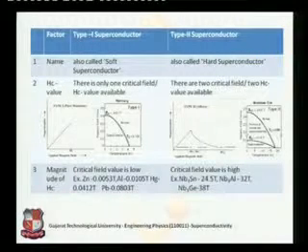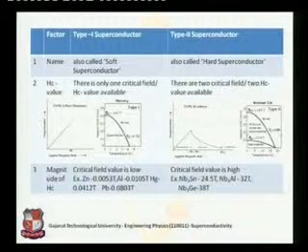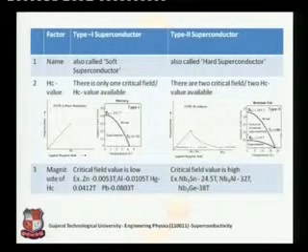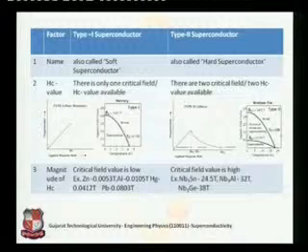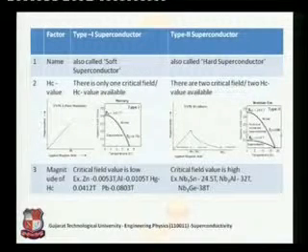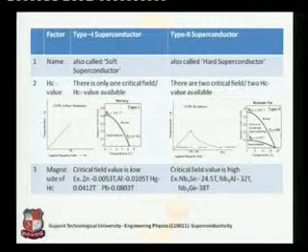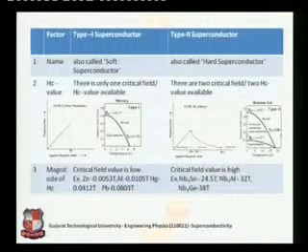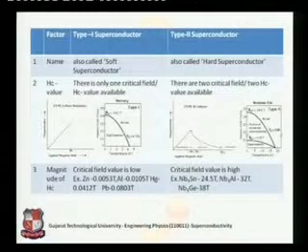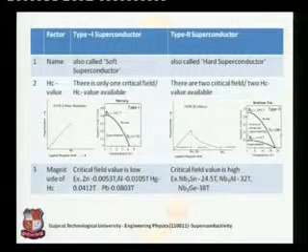So the two lines actually represent Hc1 and Hc2. At a particular temperature we have two critical magnetic fields, but if we reach the Tc value, that is the critical temperature value, then both the graphs merge together. That is actually from the temperature side we are destroying the superconducting state, so we don't have to worry about the magnetic field.